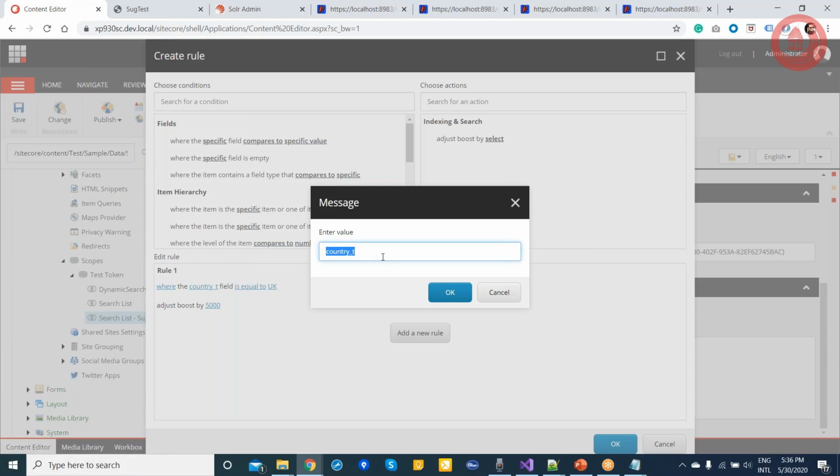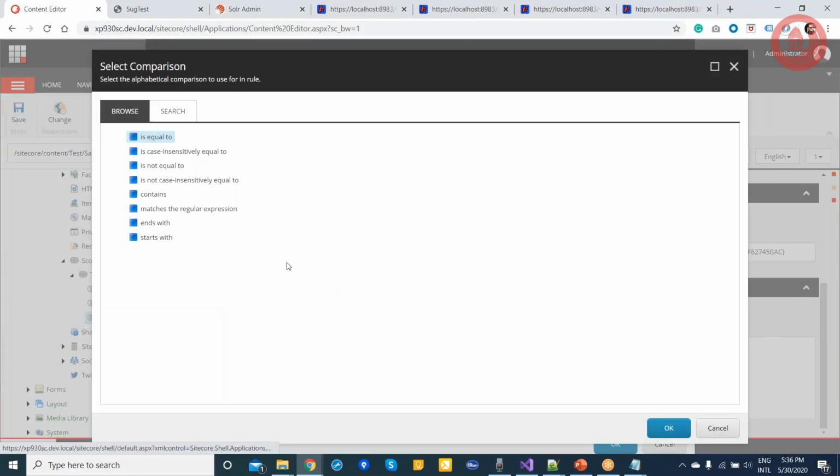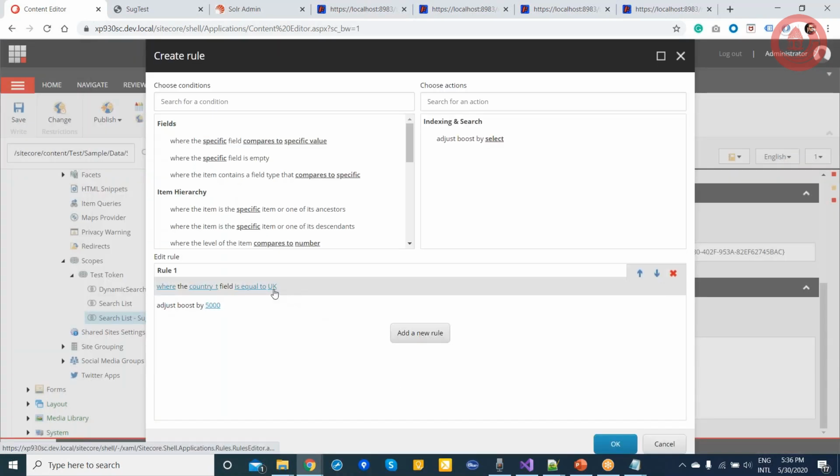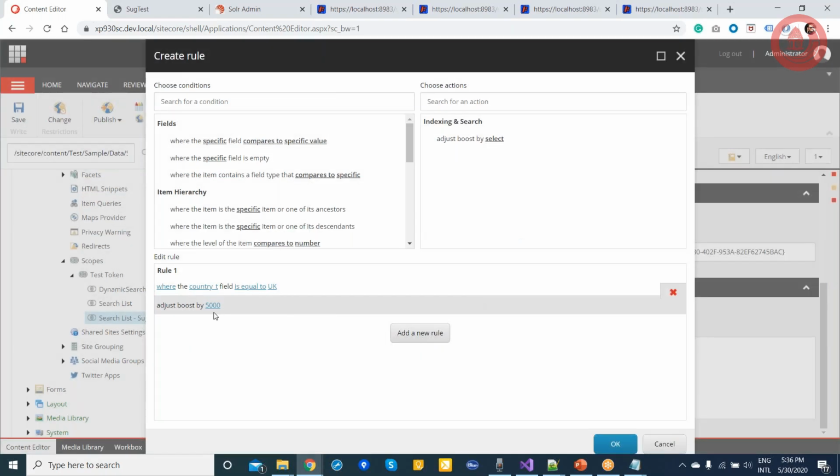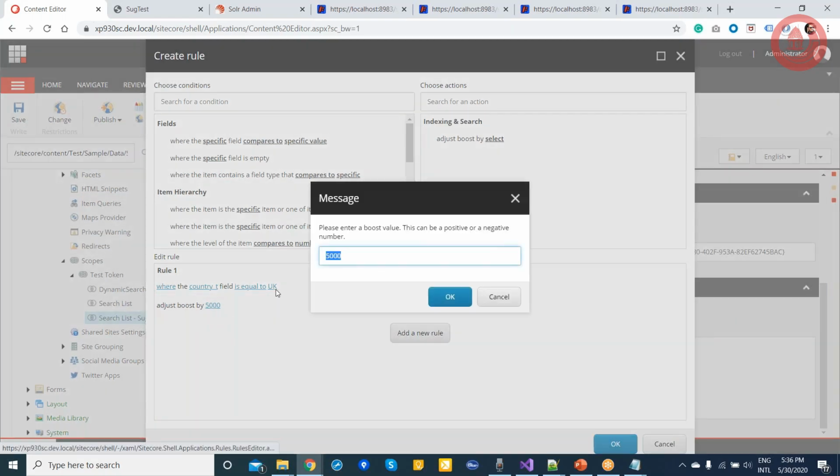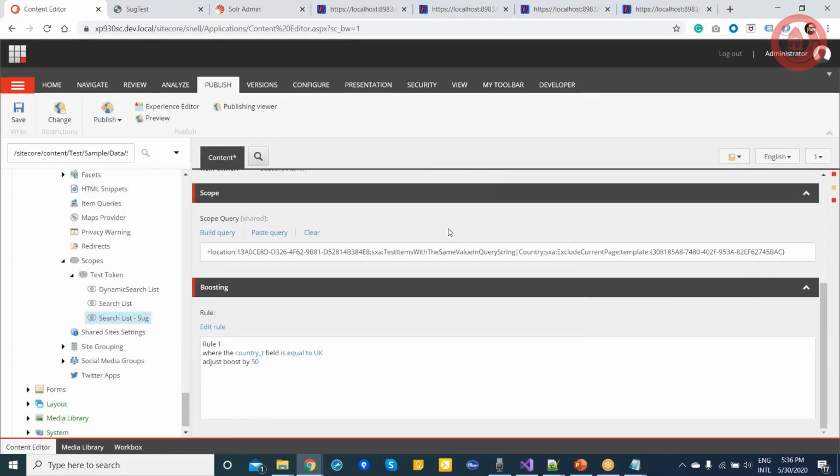I will pass that if the country tree field has the value, I will put the condition if it is equal to UK, then boost by, let's say, this is a very high number, I will say boost by, let's say, 50 points, and just select it.